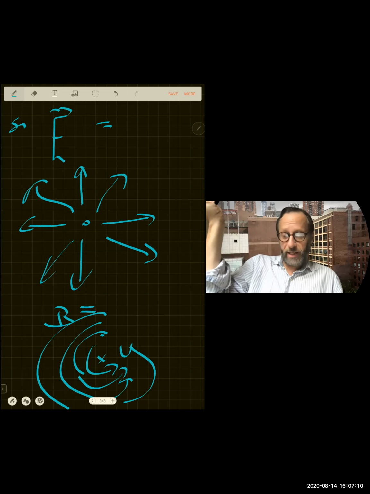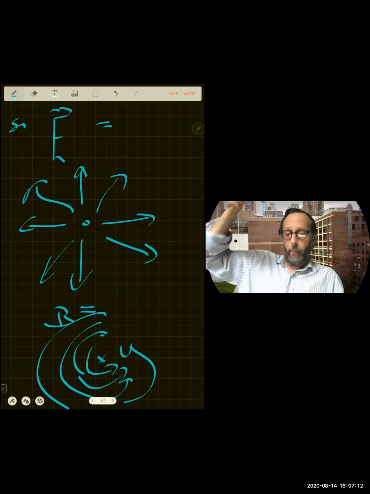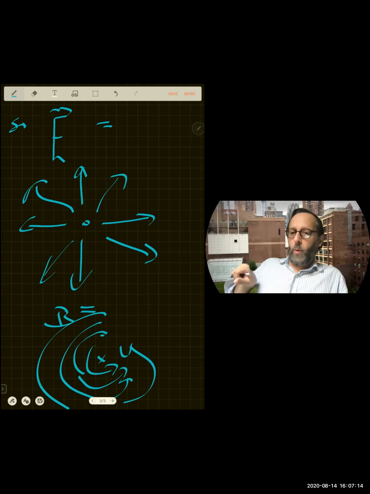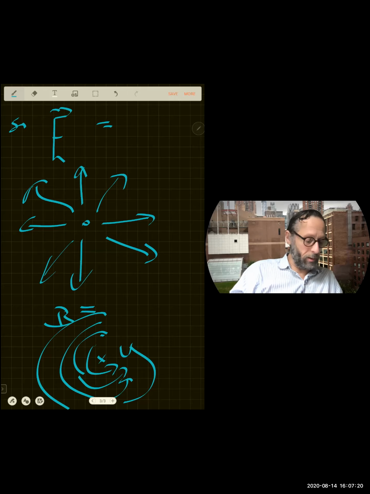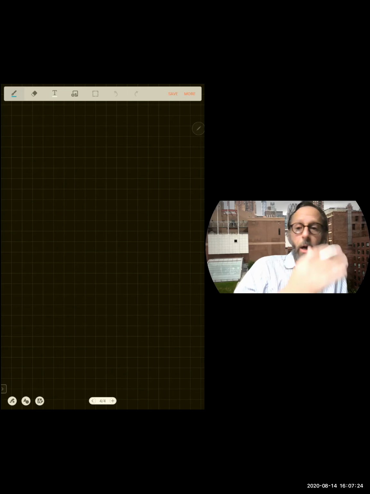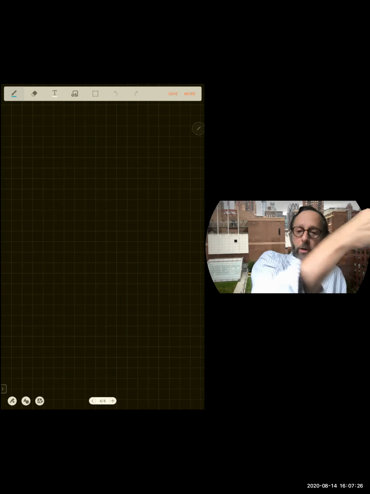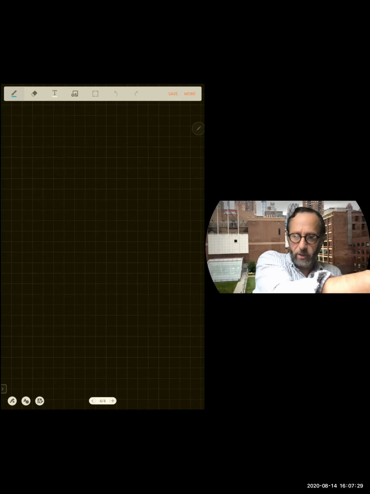So if a field line goes like this, it means we're looking at the field line above here from something that went like that, etc. So field lines loop around lines. So what this ultimately means, and by the way, what's the purpose of all that? Who cares? The point of an electric field is it exerts a force on a receiving charge. The point of a magnetic field is it would exert a force on a receiving current, i.e.,